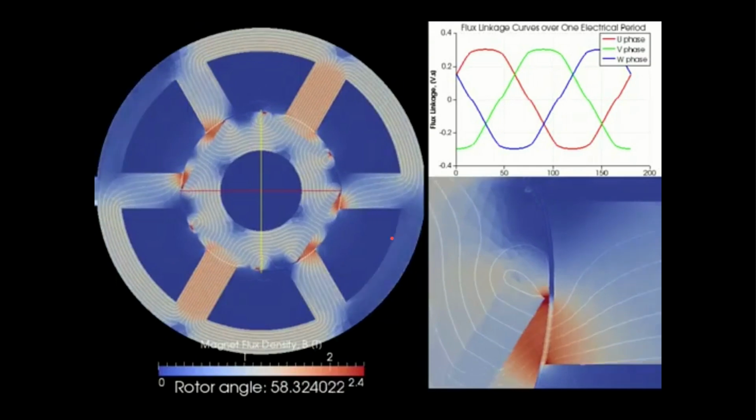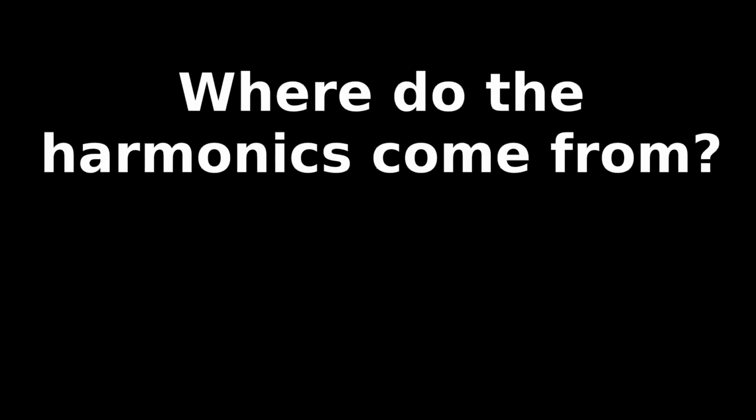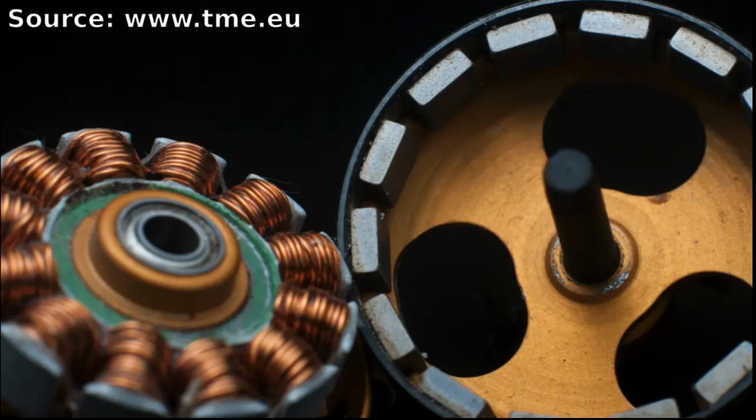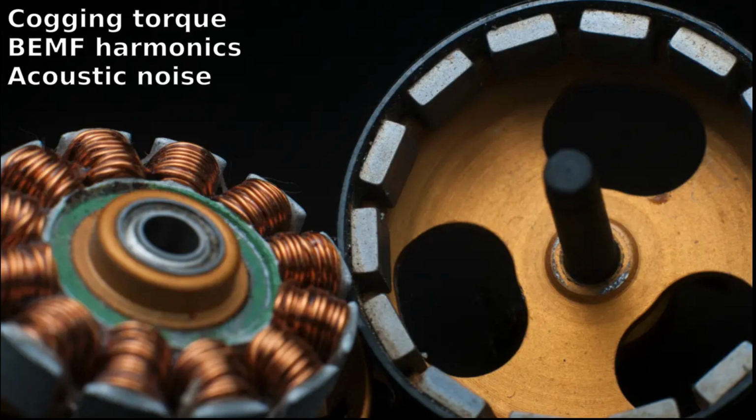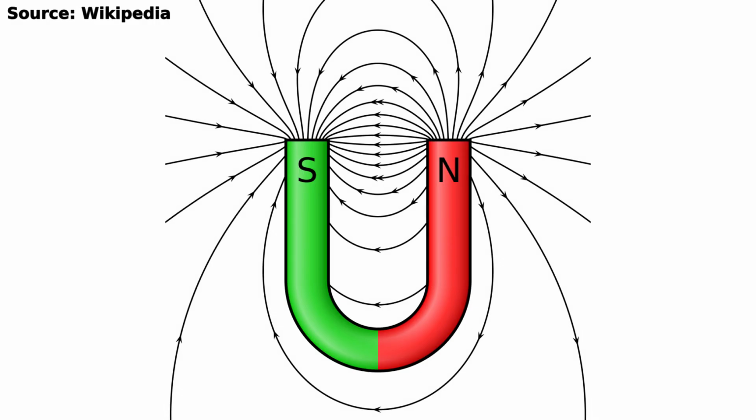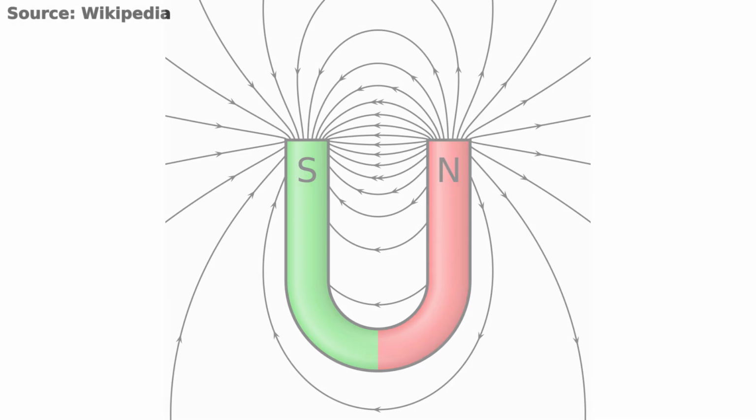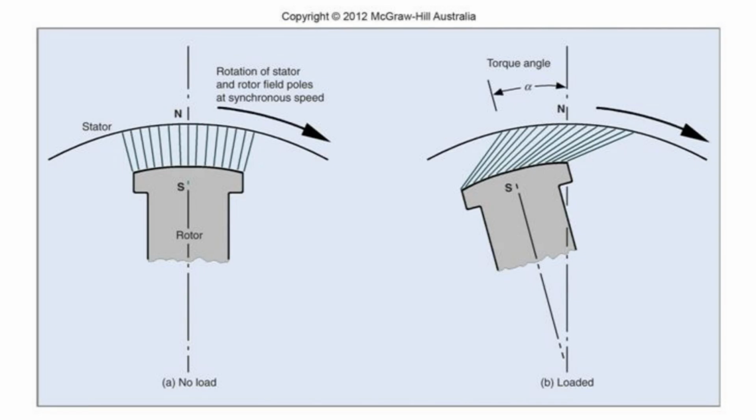Now that we hopefully understand what back EMF is, where do the harmonics come from? Well, it's a combination of physics and cost. When we think about a normal brushless permanent magnet motor, we might not realize all the factors that can significantly affect the motor's performance in terms of cogging torque, back EMF harmonics, acoustic noise, and more. The factor I'm going to focus on is the magnetic flux shape and how it interacts with the generated magnetic